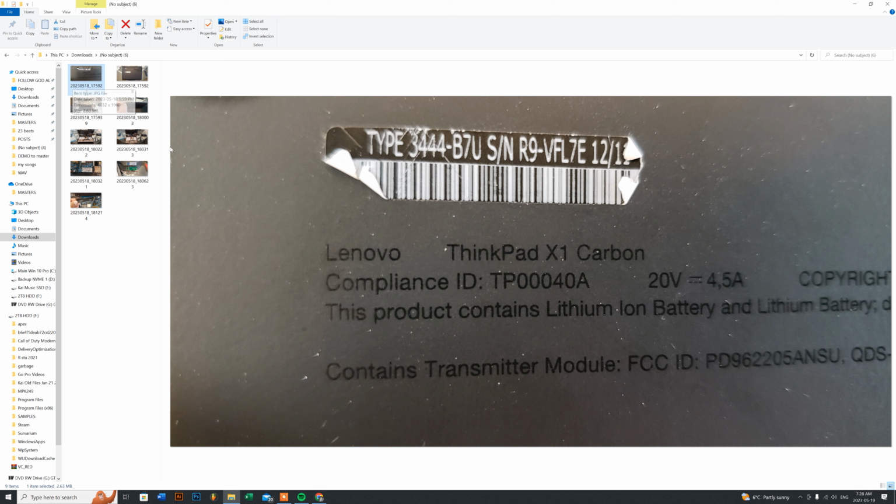Oh, hey guys. Today we're going to do a solid state hard drive upgrade for one of my clients here. He's got a Lenovo X1 Carbon. This one here with this model, if you go to Lenovo's website or just type down on Google for Lenovo